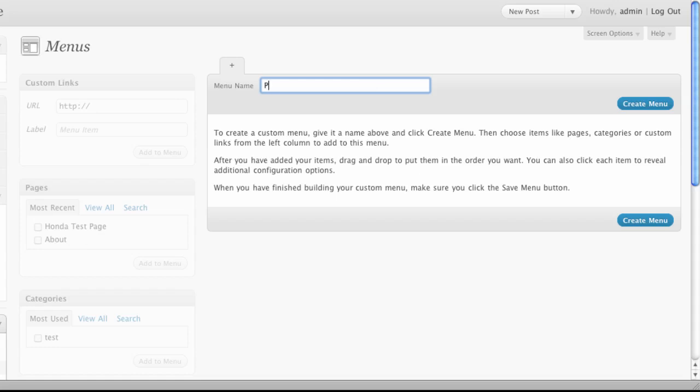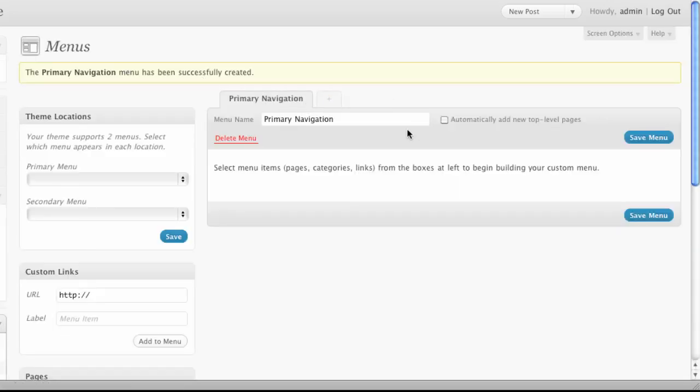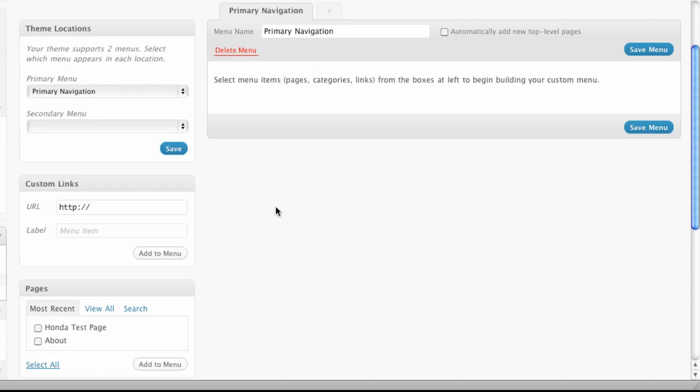So what I'm going to do is I'm just going to call this primary navigation, and my menu has been created. So I've got it set up over here. I've got no menu items yet. Over here under theme locations, I'm going to pick primary navigation. Because remember, it's got a primary menu and a secondary menu. So after I've created my menu, I choose where I want to put it based off of the theme that I'm using. I'm going to go ahead and add that, and now I'm going to scroll down,